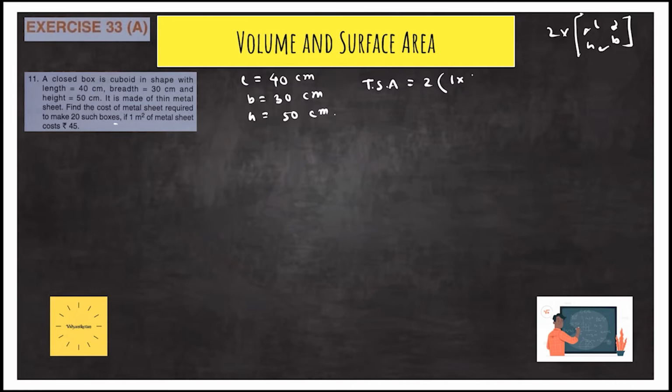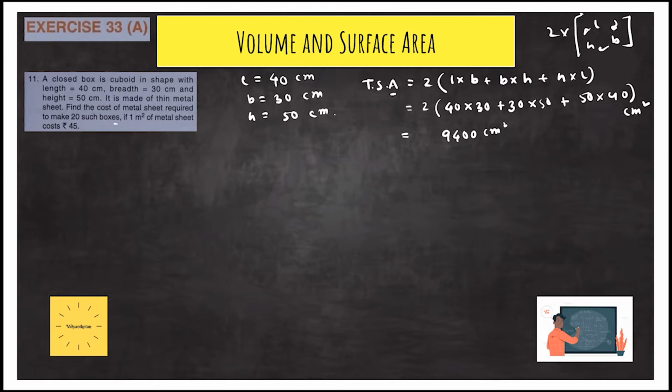So L into B plus B into H plus H into L. So here if we put the values, then 2 into L value is 40 into B is 30 plus B value is 30 into H value is 50 plus H value is 50 into L value is 40. So here it will be centimeter square because it is total surface area. That's why the unit is in square. So after calculating, you will get the value to be